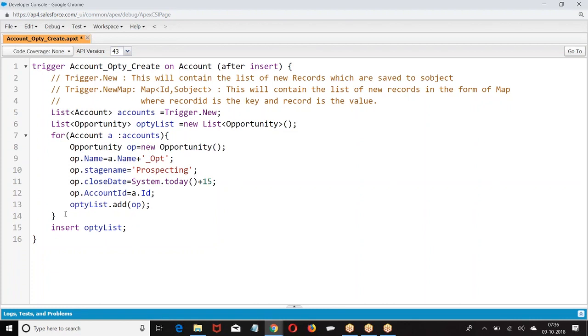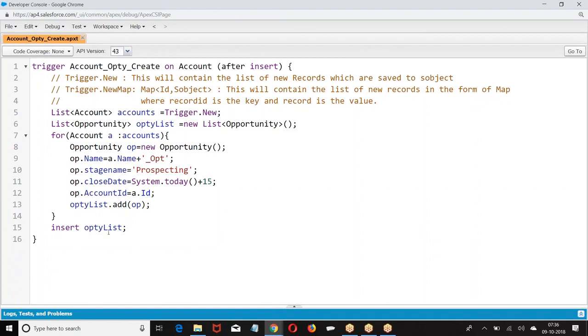That is the reason never write DML or SQL within a loop, because there is a possibility of hitting governor limits. So what did I do? I added the record into the list, then I performed insert on the opportunity list. I hope you are good with this.